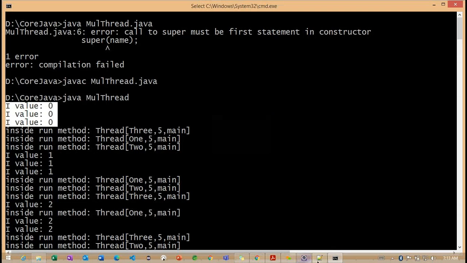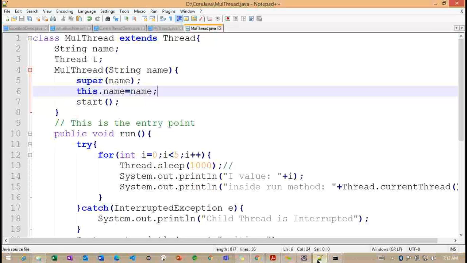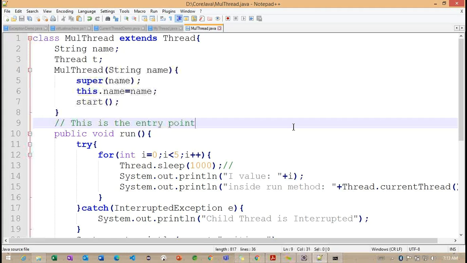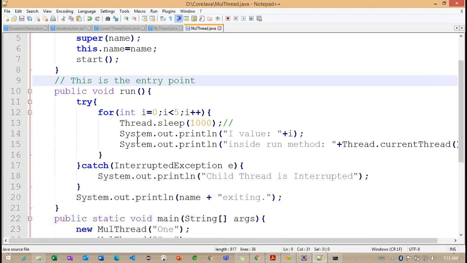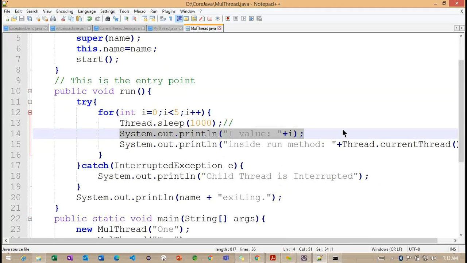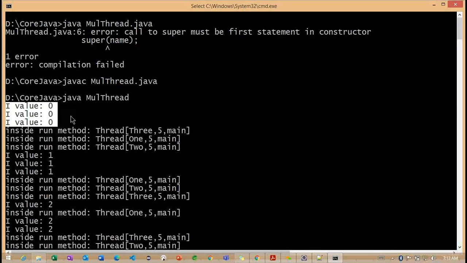Where does I value 0 come from? Here we define the I values for the three threads. The print statement is printing three times. If you observe the output, this I value is printing 0 three times.